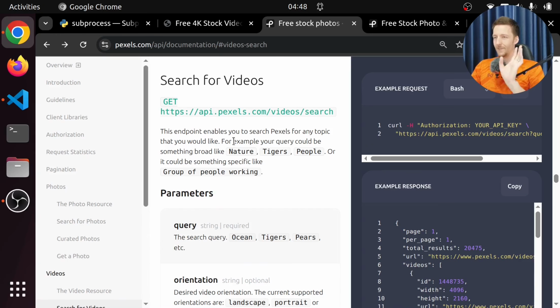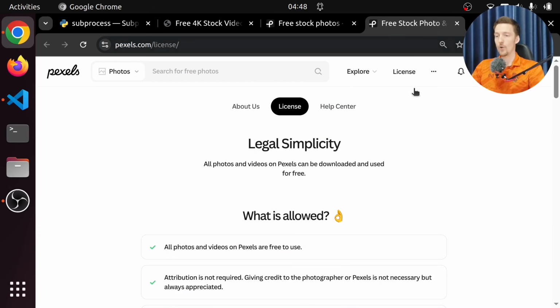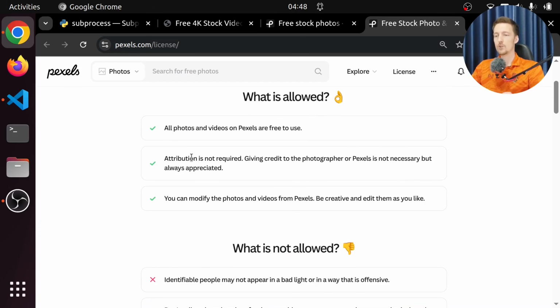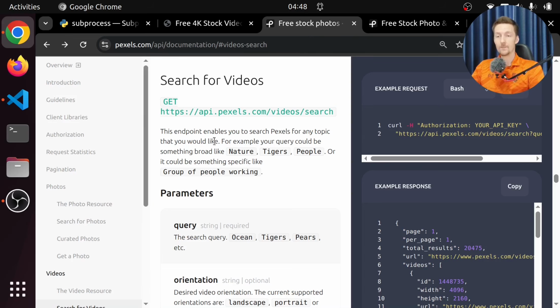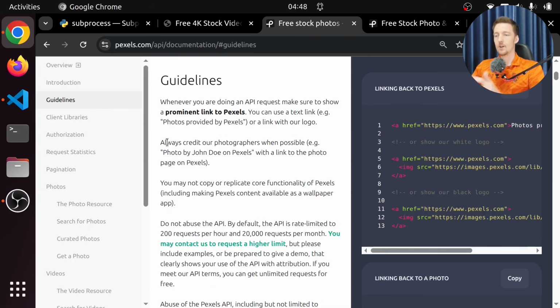Because the Pexels API kind of requires you to give attribution to the authors, but it's a little bit contradictory. So on the actual website, it says that attribution is not required, giving credit to the photographer or Pexels is not necessary, but always appreciated. But in the API, in the guidelines, it says always credit our photographers when possible.